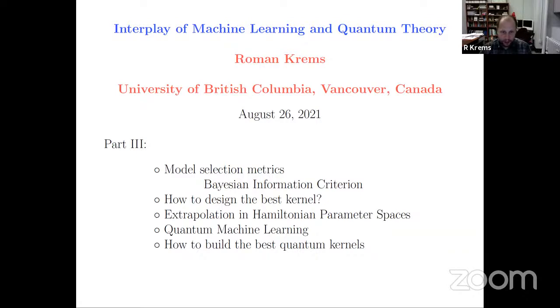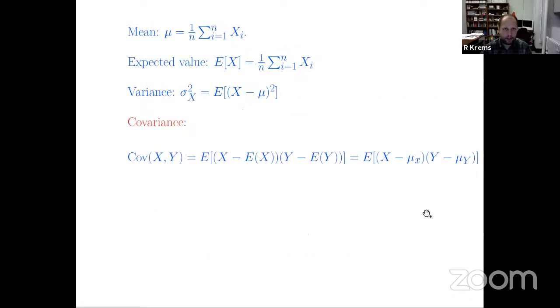So what we're going to do today, we are going to talk about a couple more fundamental aspects of machine learning, one of which is model selection, which is going to be very important for us in our discussion of how to select the best kernels for problems that we're going to address. And then we're going to look at some applications, from my group's research in particular. Okay, so before we begin, let me remind you some of the basic definitions, just to make sure that we're all on the same page.